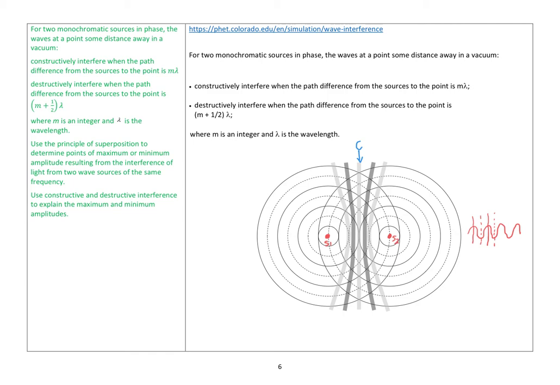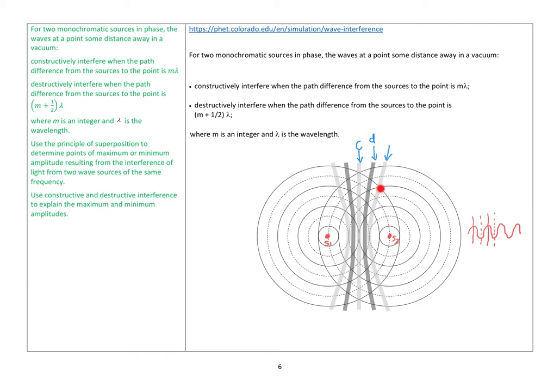If we come out a little bit further along here, we see a peak from source 1 will meet a trough from source 2. A peak from source 2 will meet a trough from source 1. So along this line, we would see destructive interference. And then if we came out a little bit further, we can see along this line, we have